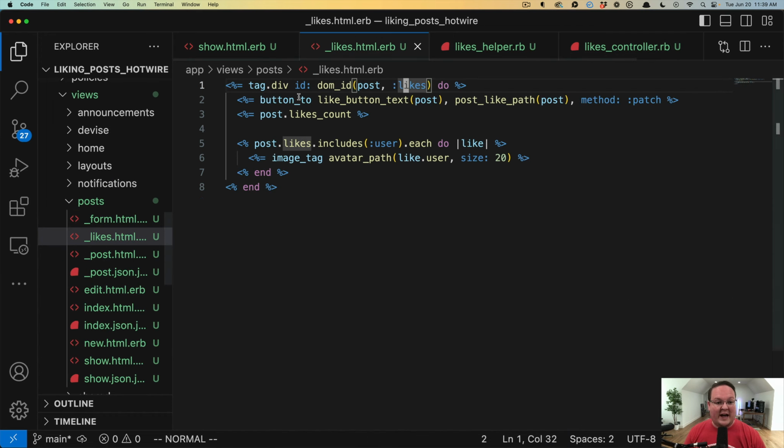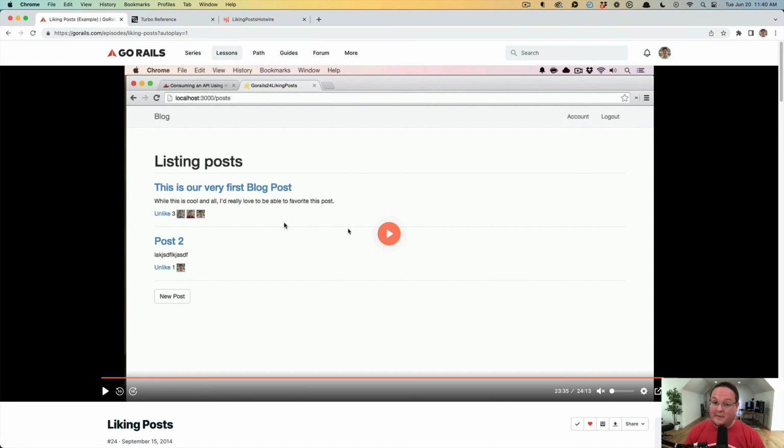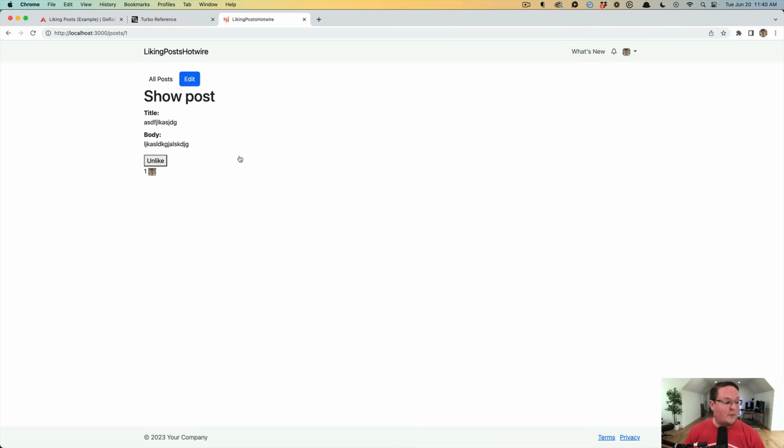We've also refactored that custom DOM ID that we created ourselves in the previous episode. We have that now using this dom_id helper that Rails has always had, but I didn't even use or maybe even know about in this episode back then. If you look at this, we generated the ID automatically by writing it out. So that wasn't the best way to do it, but it worked. So now we have a much simpler